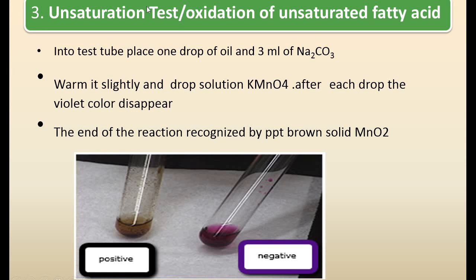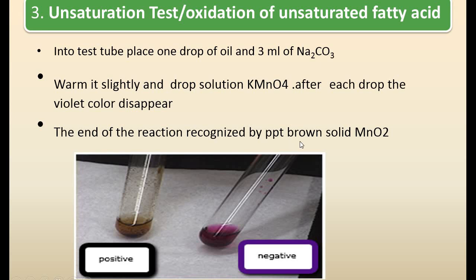Now the next is unsaturation test or the oxidation of unsaturated fatty acid. What will be the procedure? Into a test tube, place 1 drop of oil and 3 ml of Na2CO3, that is sodium carbonate. Warm it slightly and drop KMnO4 solution. After each drop, the violet color disappears, and the end of the reaction is recognized by